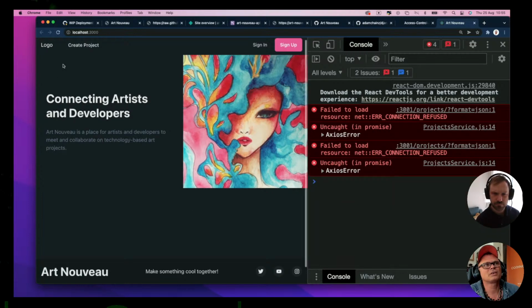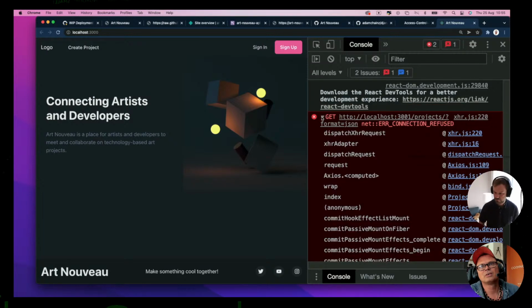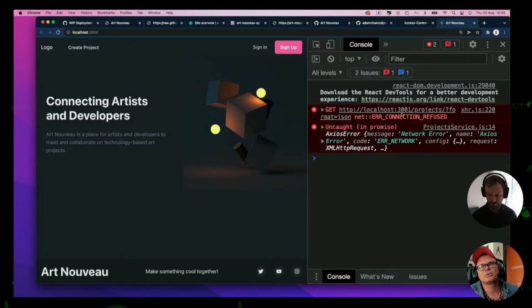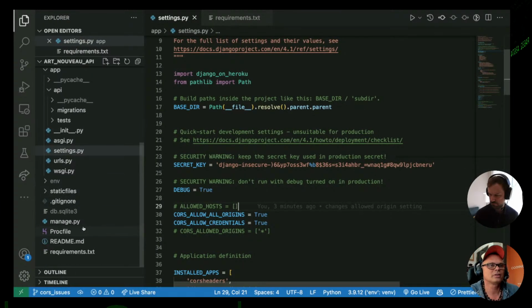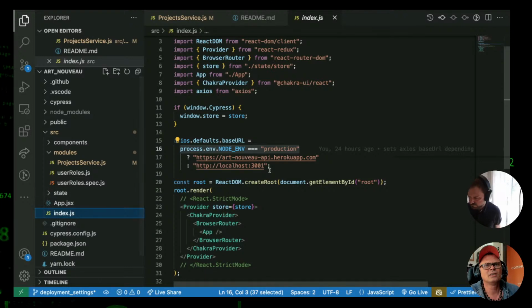What are you talking about? Yeah, let's read. Connection refused. We get a connection refused on this one too. Localhost projects. Oh, because it's not running. Okay, sorry. Again, let's just go back here. And then,